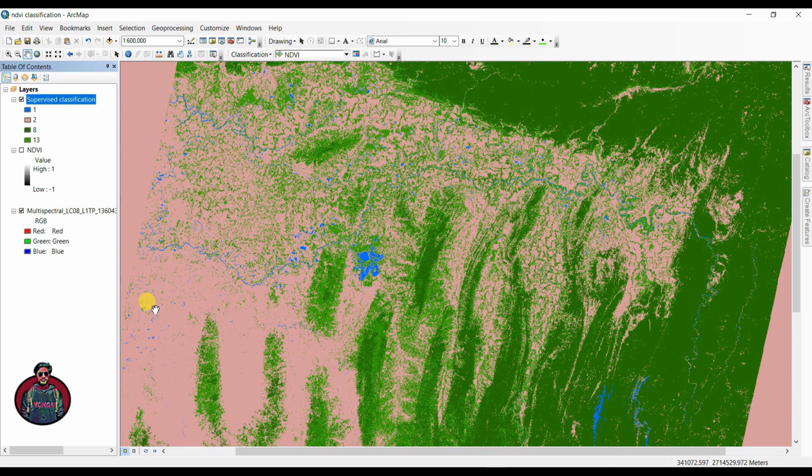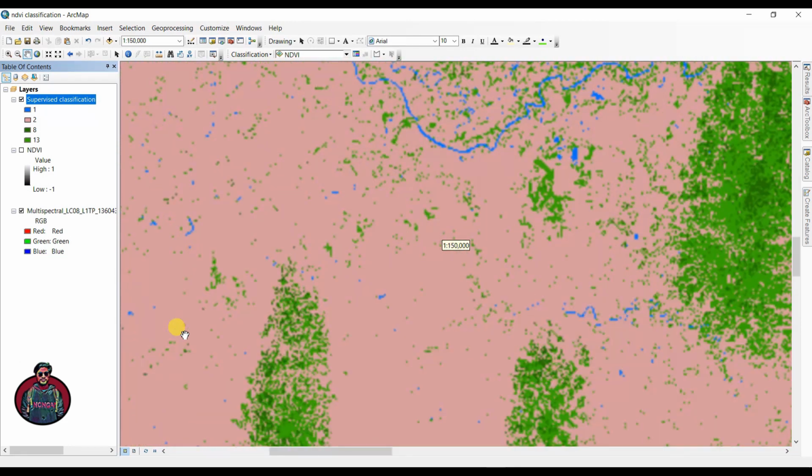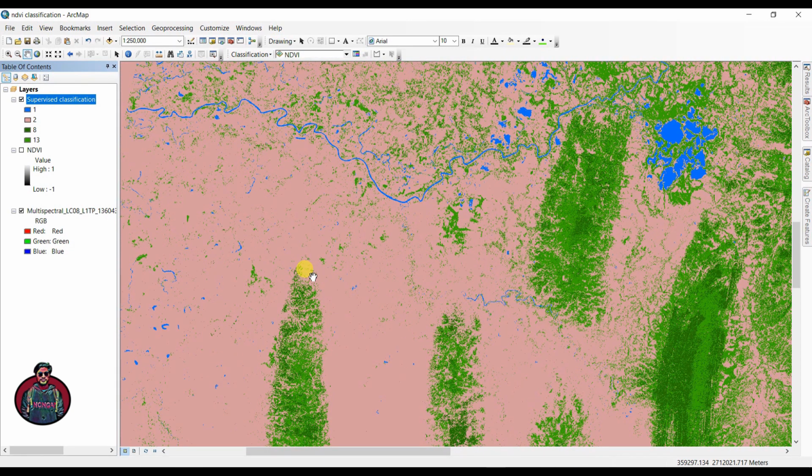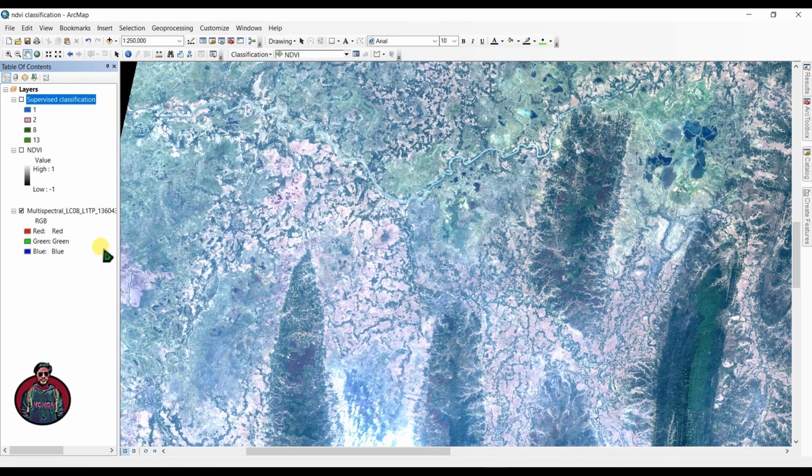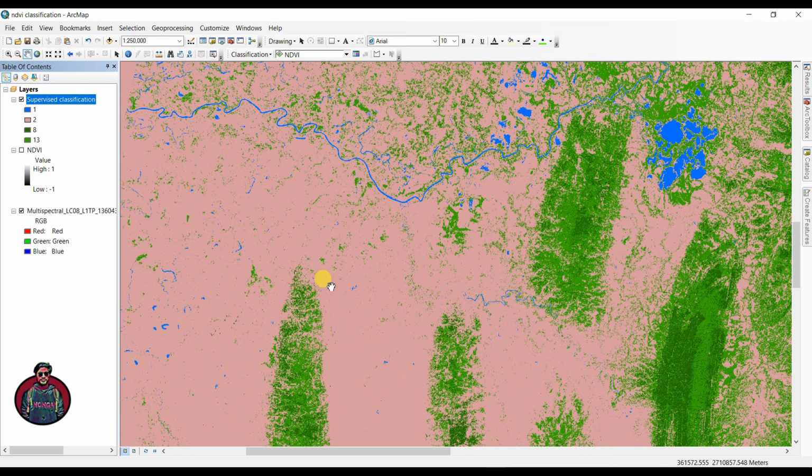We previously classified our map by supervised classification this way, and this was the result here. You can see it's not so accurate, and if we see the multispectral image, there are many trees and soils, but in the classified image we can't see them.